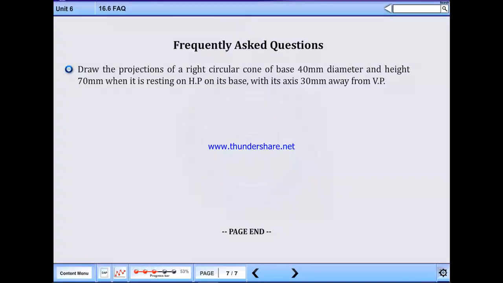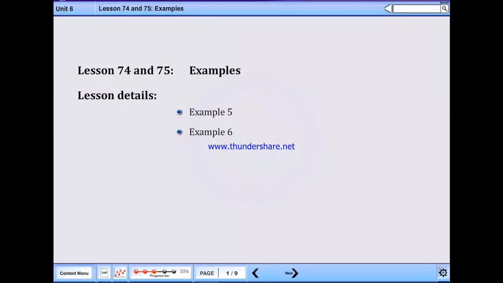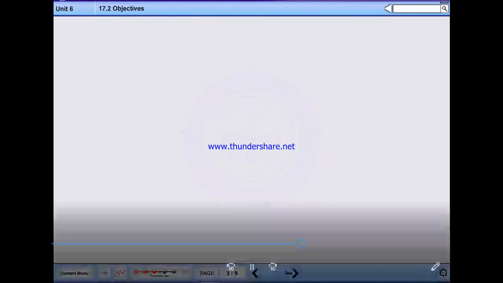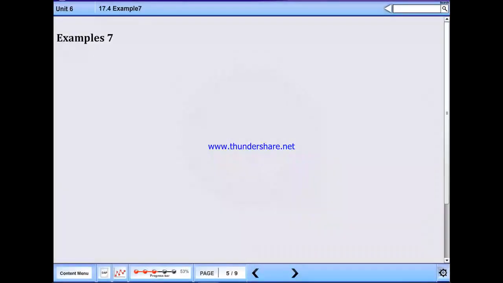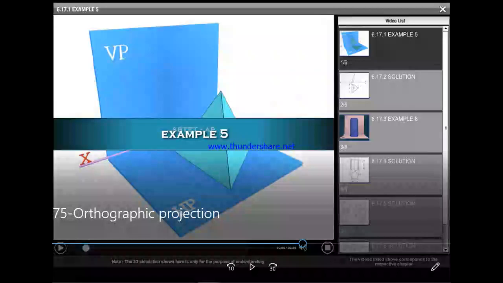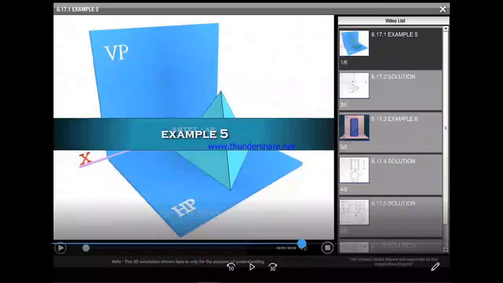Please note down and try to solve it. Next examples, also note down.